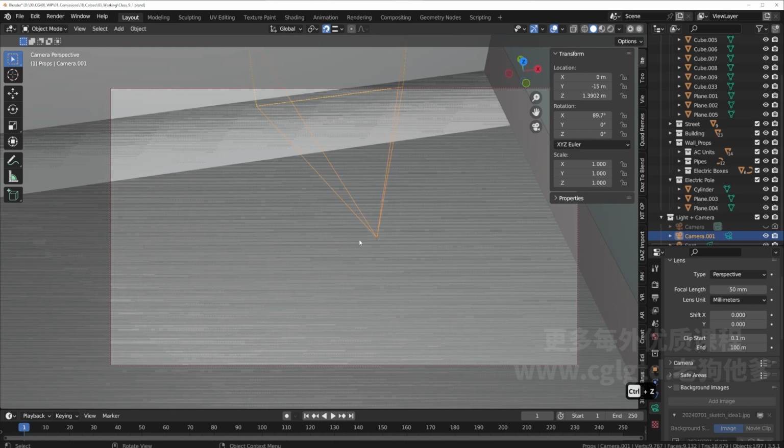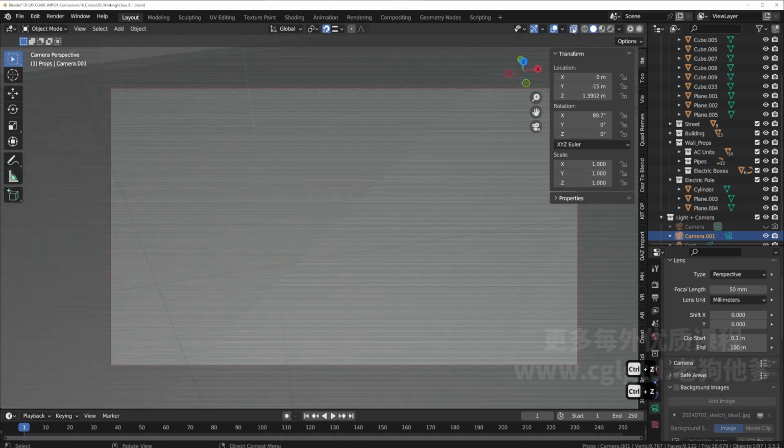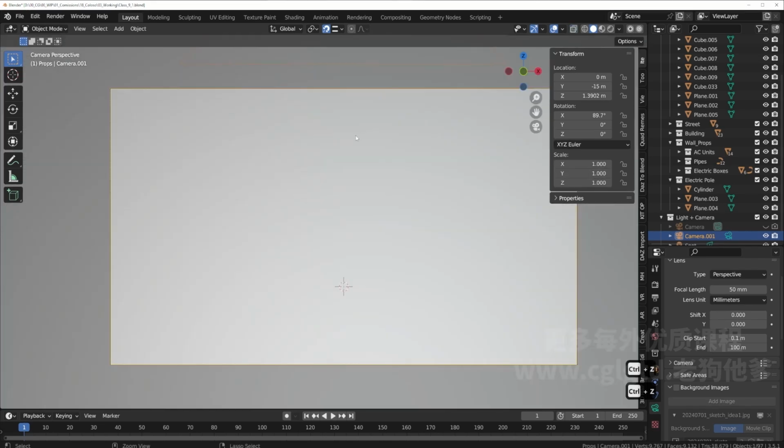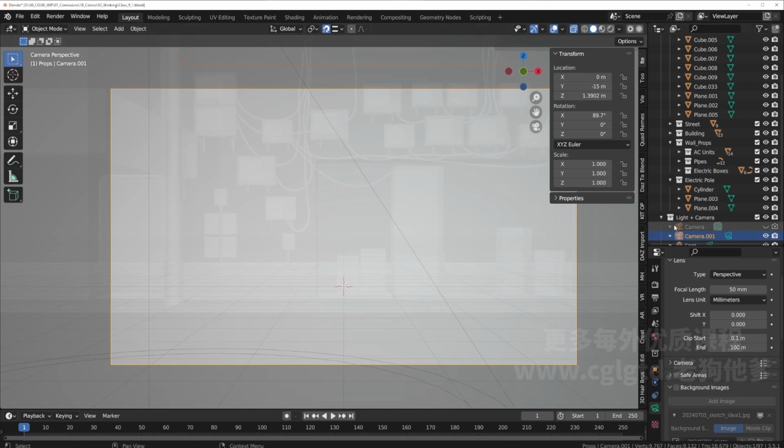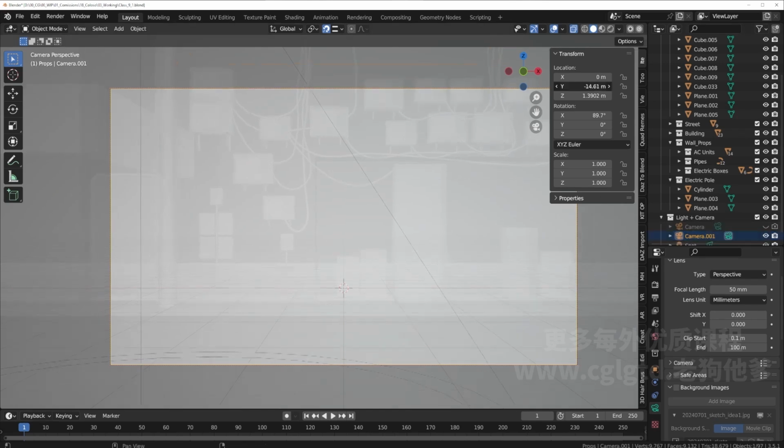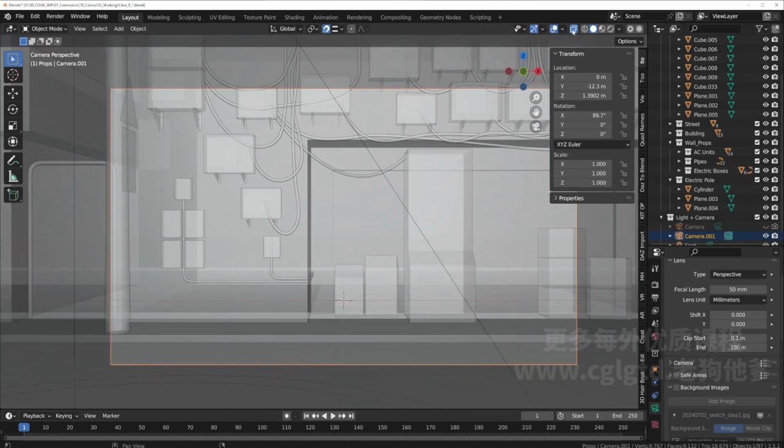Wait, let me see. Whoop. Sorry, I was moving the wrong camera here. So